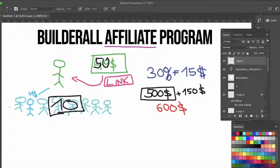And what's the best thing about this? It is a tier 2 affiliate system. This is tier 1, and this is tier 2, which is incredible, and this is where the magic happens. Guys, it's crazy. What does it mean? If any of these people use their affiliate link and send it to their friends,